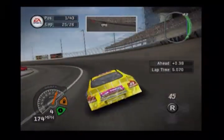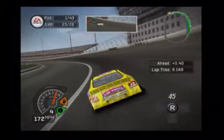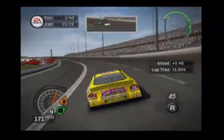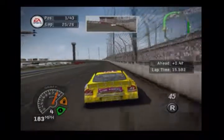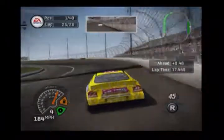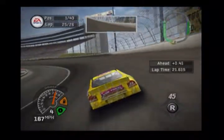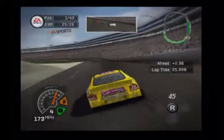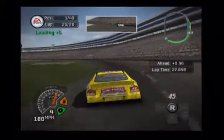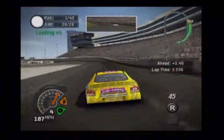White flag next time by. Here we go. We've got 1 lap to go this time by here at Texas to make it 3 in a row. Can we make it 4 at Phoenix next time out as well? That's if we do hold on to make it 3 here. We've got Carl Edwards in third. He's going to probably keep hold of his points lead as we take the white flag lap in the lead